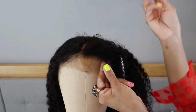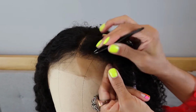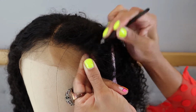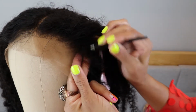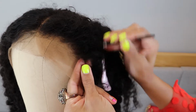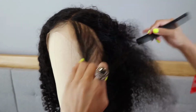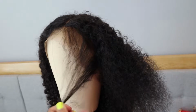until it looks like whatever hairline is natural for you. Some of us have fuller hairlines and some of us don't, but it's really up to what you're comfortable with. This part is very tedious, but trust me, you need to do it. It will make your hairline look way more natural. Then you're gonna go ahead and part it, that first layer that you just plucked, pin it,